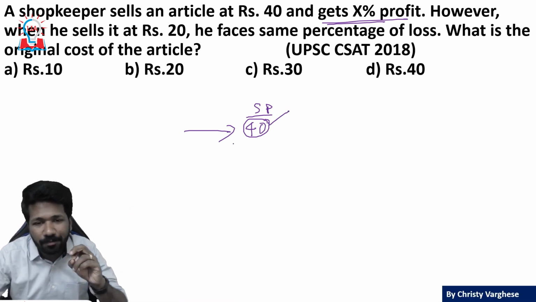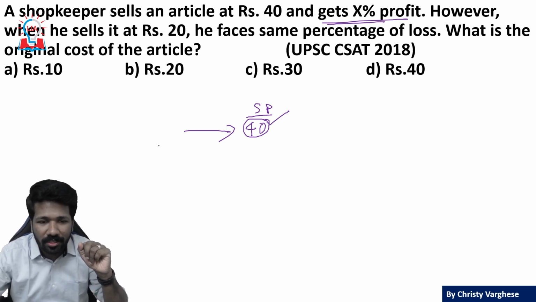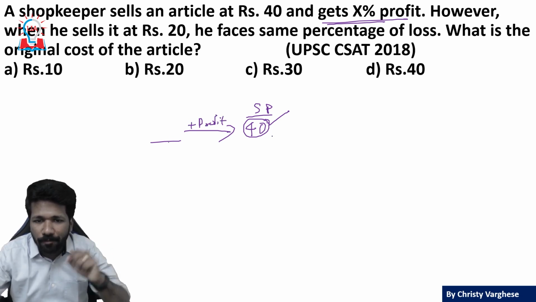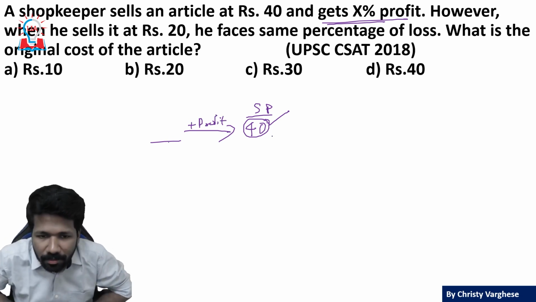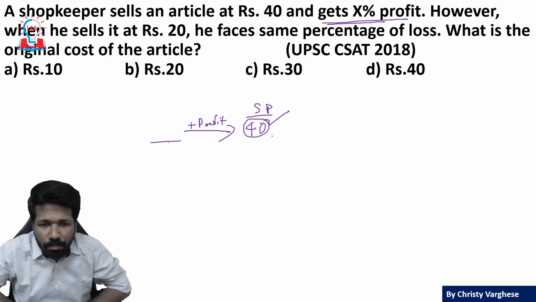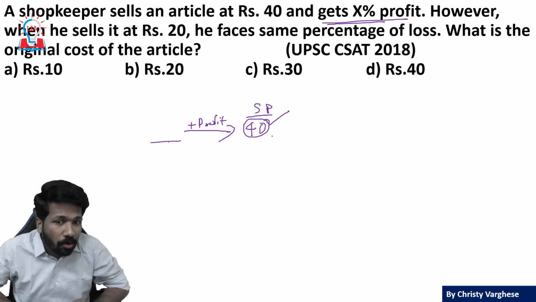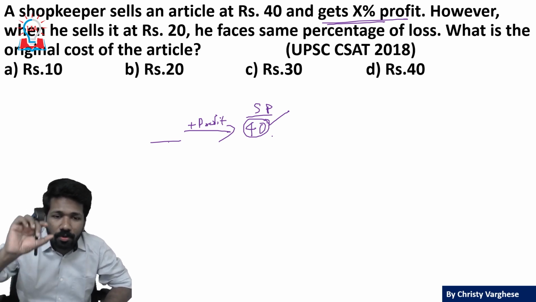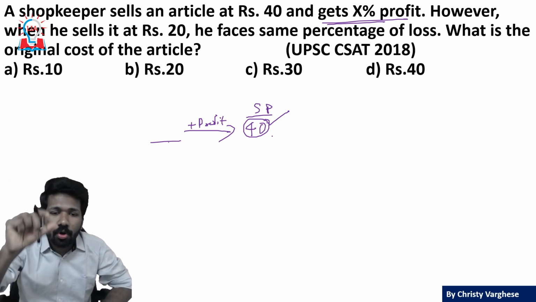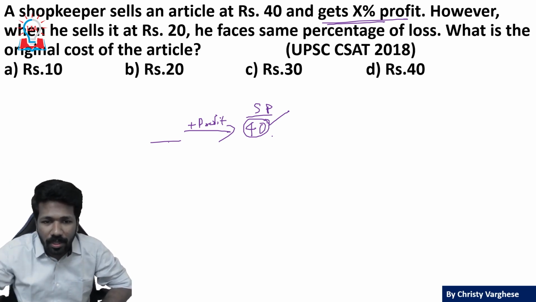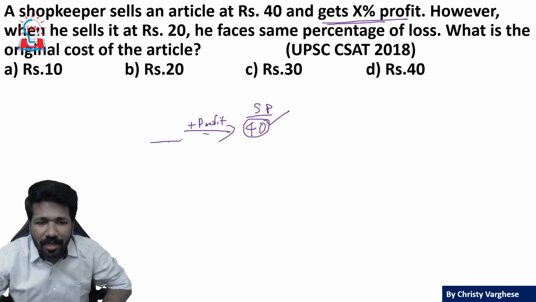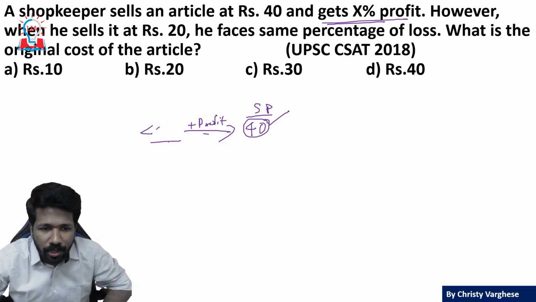The money he is getting back is 40, that is clearly mentioned in the question. So the money he invested will be less than that 40. Then only we can say there is a profit. Otherwise it is a loss. Investment plus profit is return, right? For example, if you are investing 1000 rupees on a business, you will get a profit only if you get more than 1000 rupees as return. More than 1000 rupees, how much more than 1000? That is called profit. So here the cost of the article will be less than 40 rupees,